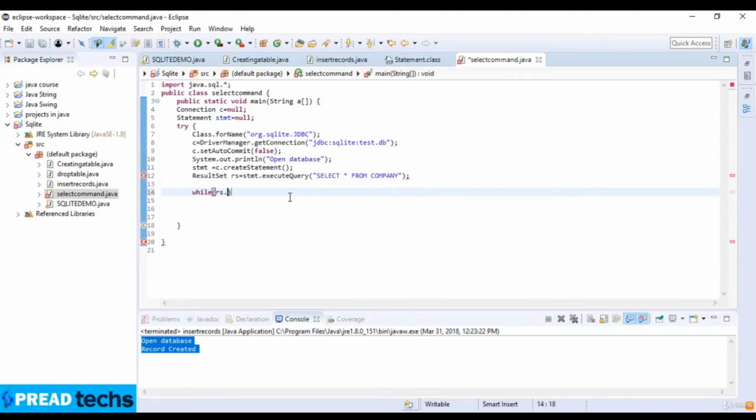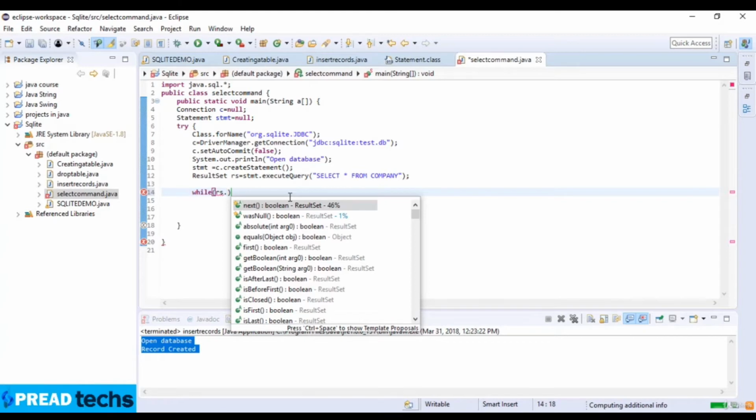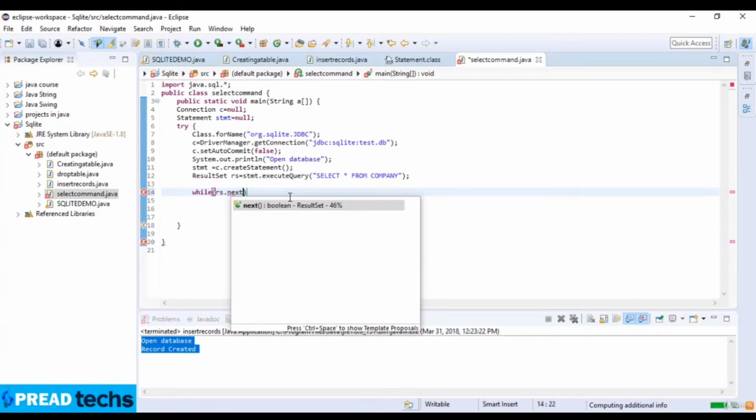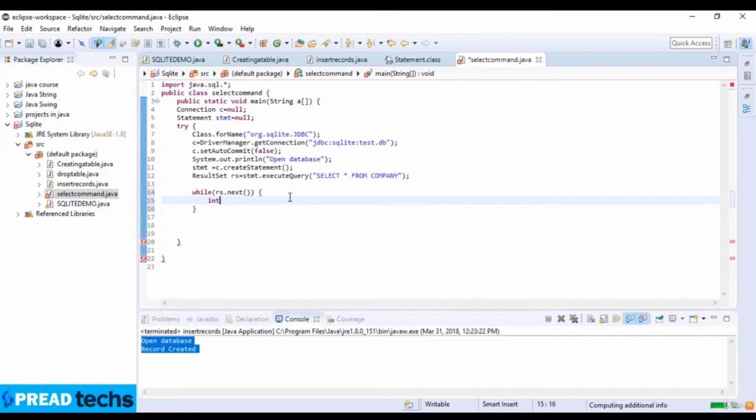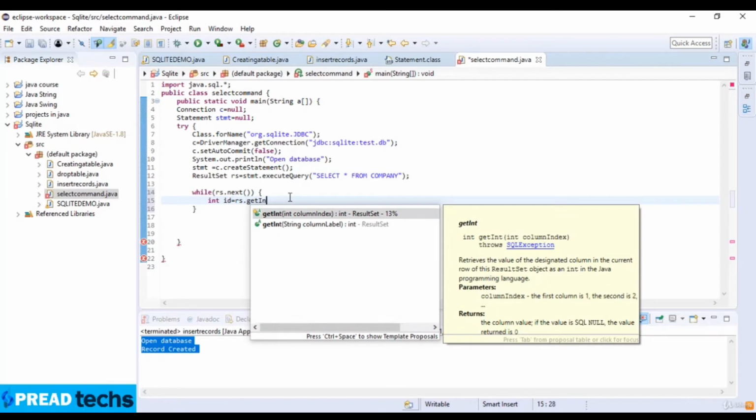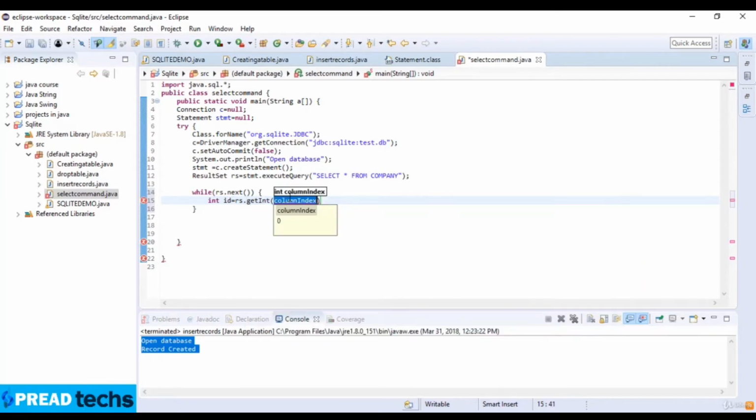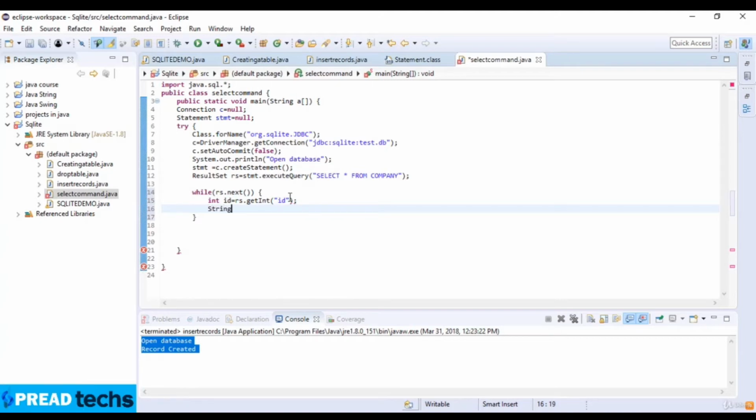So while rs, our variable for result set, dot next, and then here I write integer id which is equal to rs dot get integer, and the integer here is id. Okay, now I close this code here and write string,